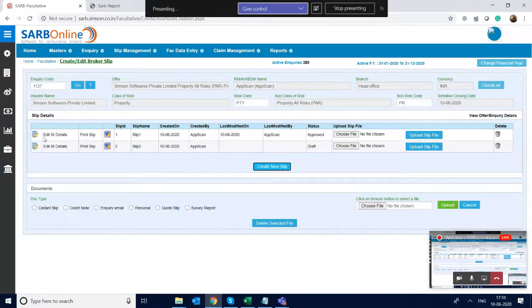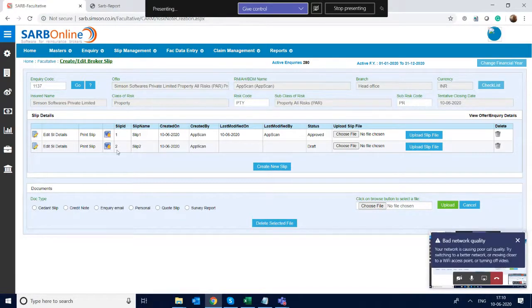Okay, so I have two separate slips. This is slip ID 1 and slip ID 2. The slip ID 1 and 2 are different, so I get this also approved and will send it again in the market.